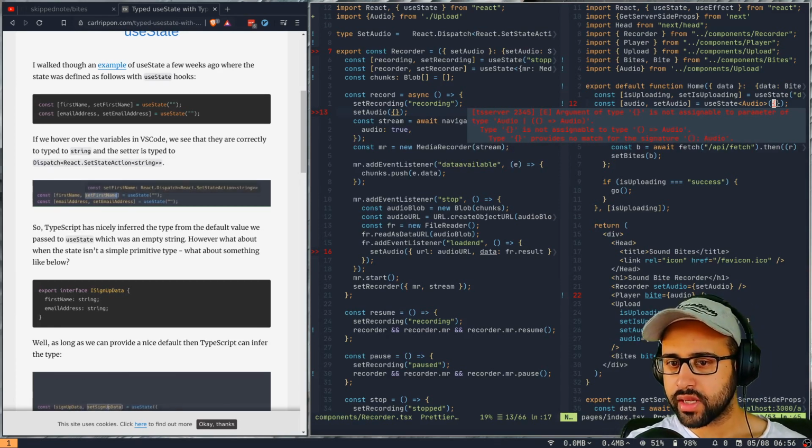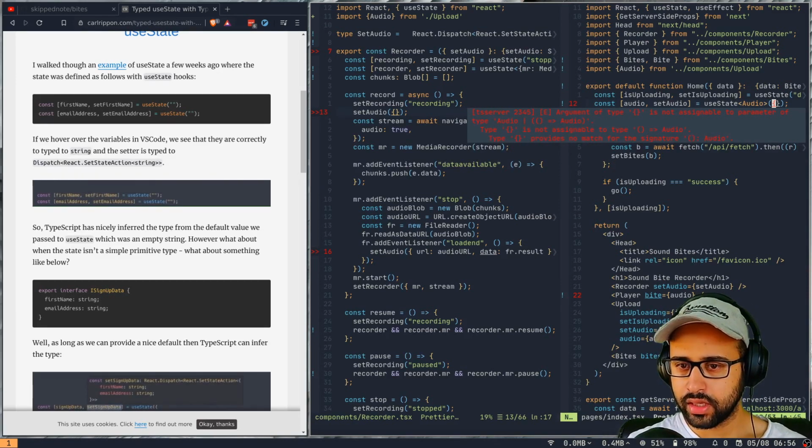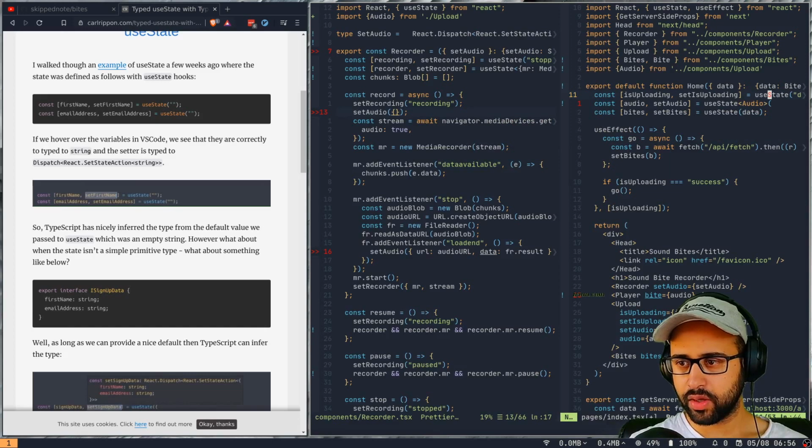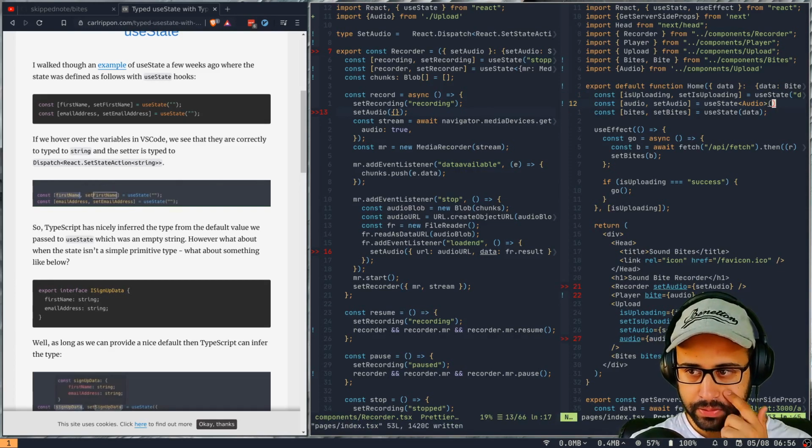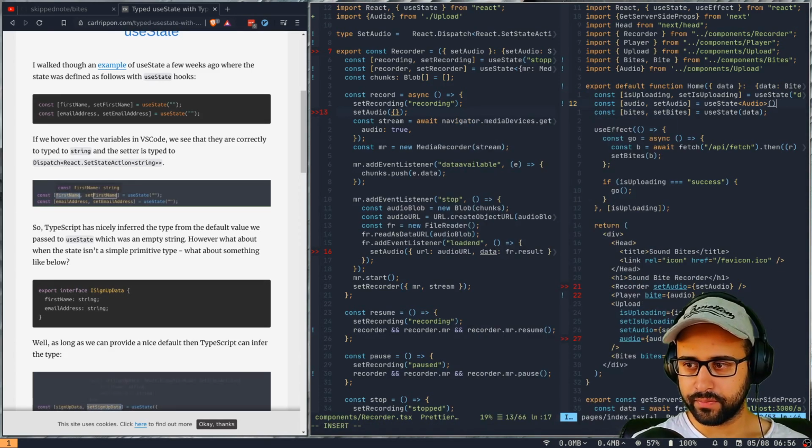Argument of type is not assignable to this thing. Okay, so I think rather than doing an empty object, we can probably just do undefined and then handle that in our components. So that should be fine.